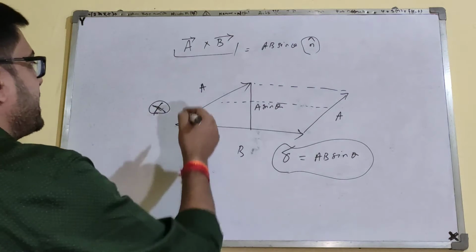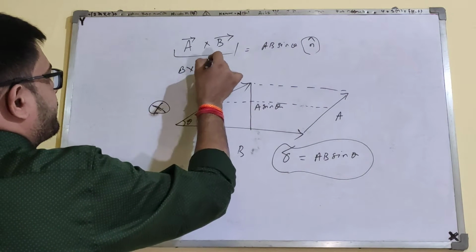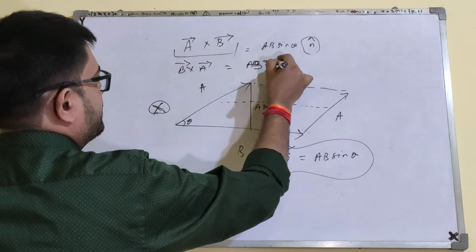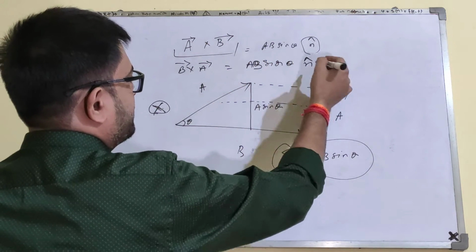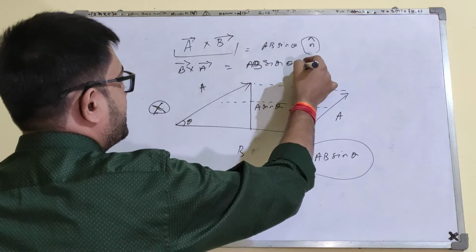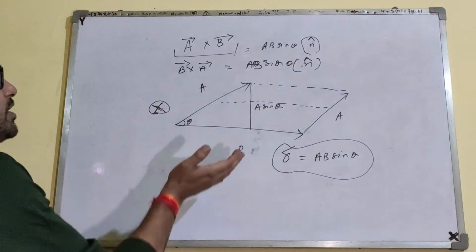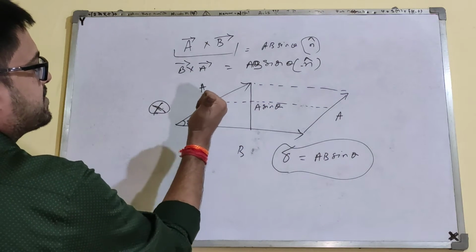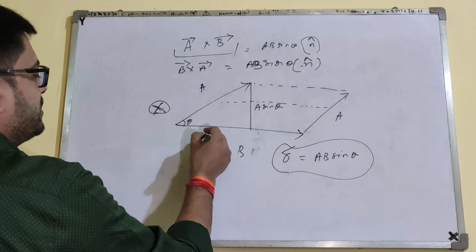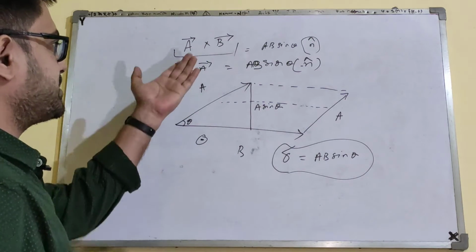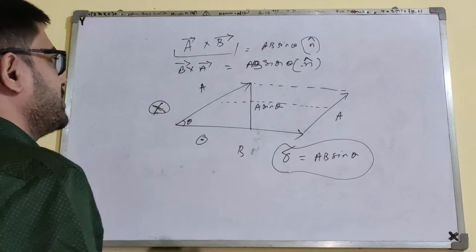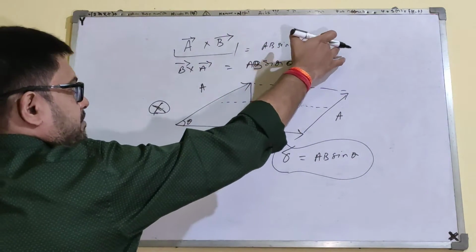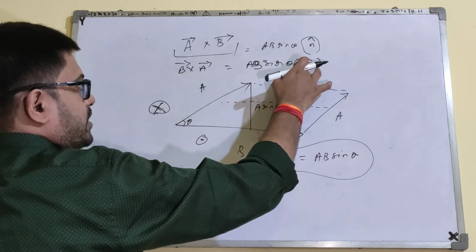Okay, in case I write it as B cross A, that is again gonna be B sine theta n cap again, but n cap, in this case, becomes the opposite. How? Because then B cross A, if I set my right hand like this, then the finger is now giving the upward direction, so this is like up, and it is just the same amount but in the opposite direction. Okay, so this is what happens if I define n cap the way I have previously done, then here I have to put a negative sign.